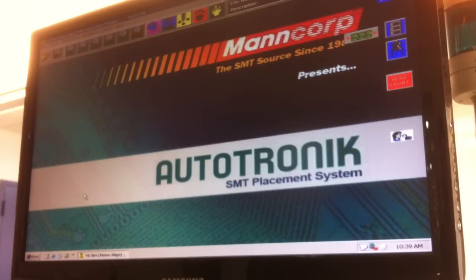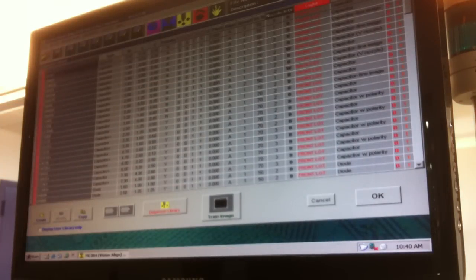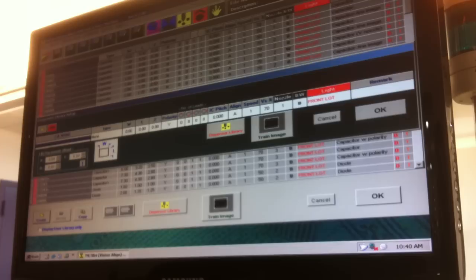Now I'm going to show you how to create a library. Go to component library, say modify component library, and then at the bottom you have create. Instead of modify, you say create. Library name, I'm going to give it Cree MX3,